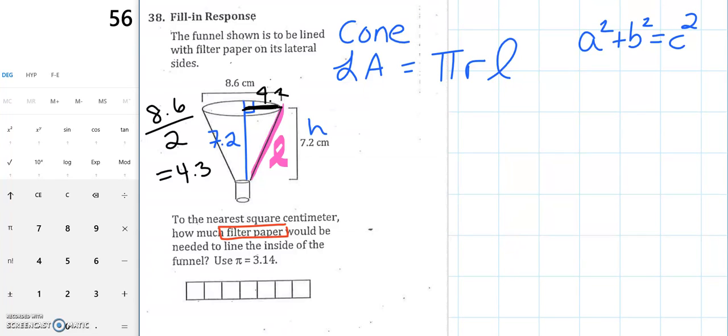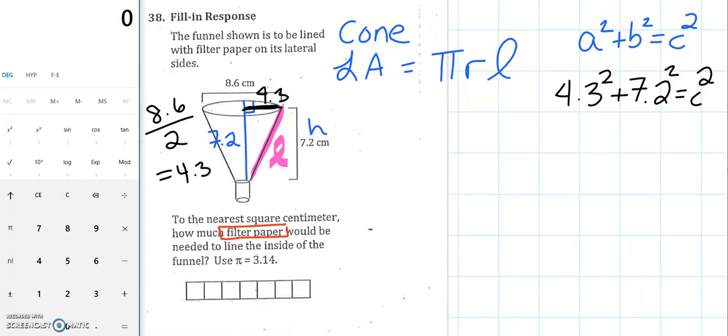4.3 is the radius of this cone, and it's also going to be the side length that we use with our Pythagorean theorem. So I'm going to start setting up my Pythagorean theorem. 4.3 squared plus 7.2 squared equals c squared. Now in my calculator, 4.3 squared gives me 18.49